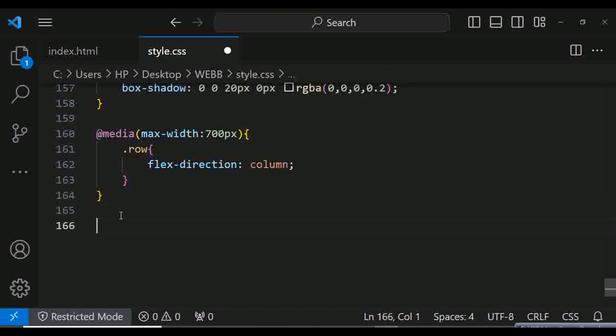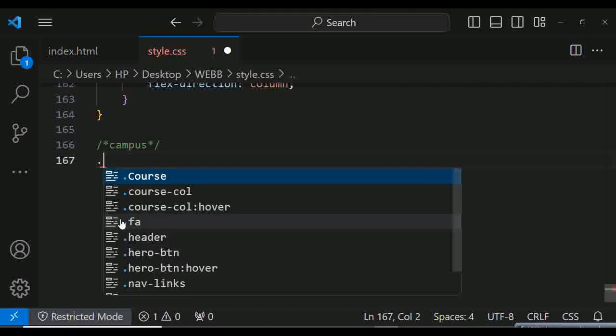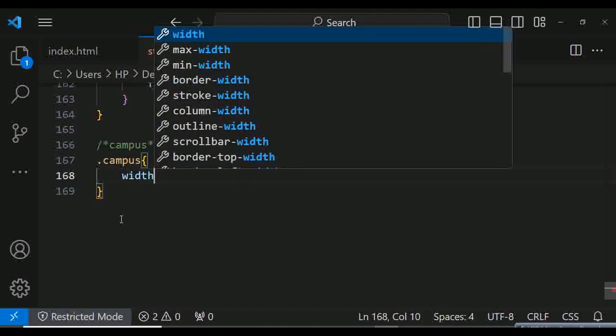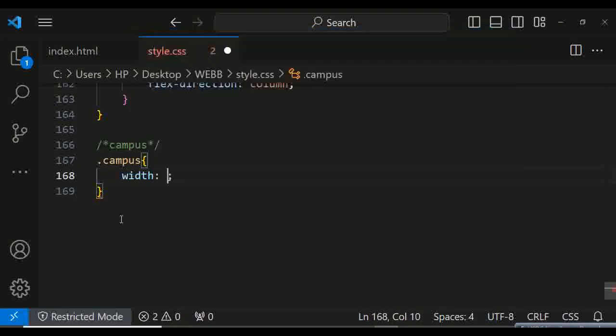Let's add a comment first. Let's write campus. Let's call the class name, dot campus. Let's give it width 80%,